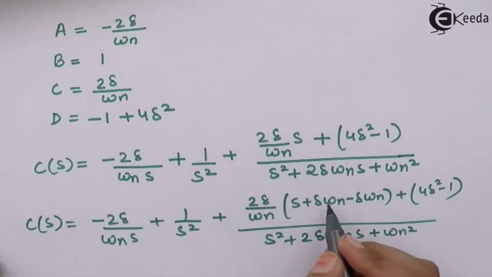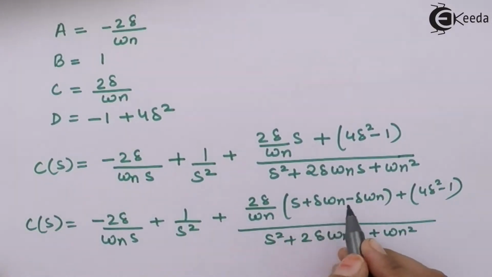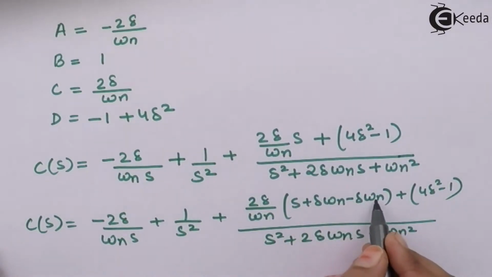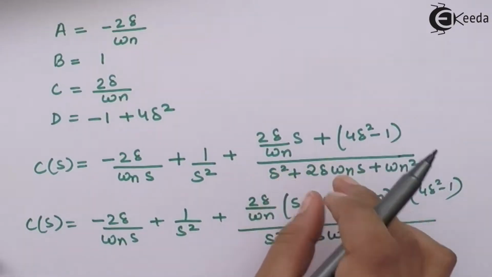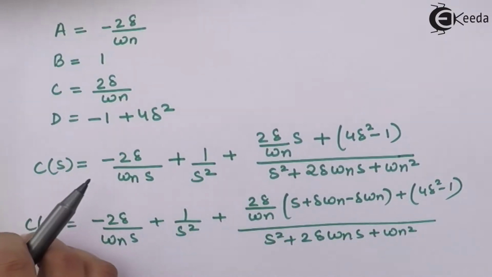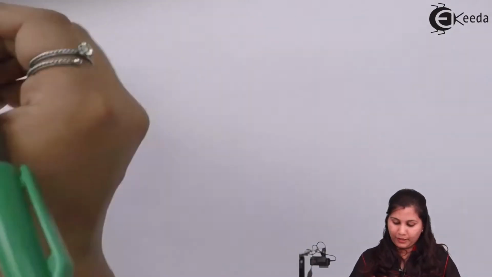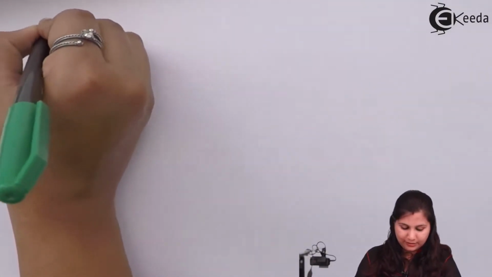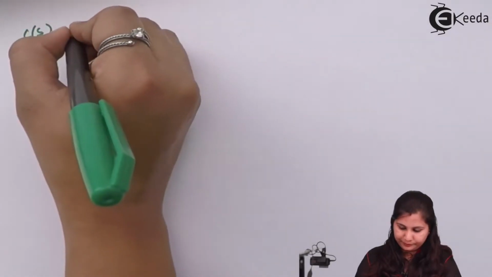So we have added del omega n and we have also subtracted del omega n. So the equation is not changed. This term S is not changed here. So now C(s) equals to